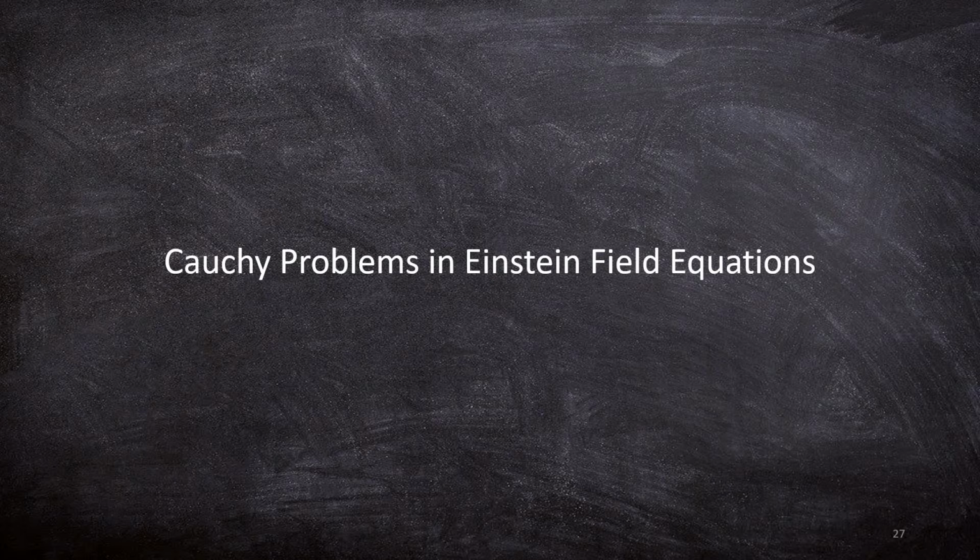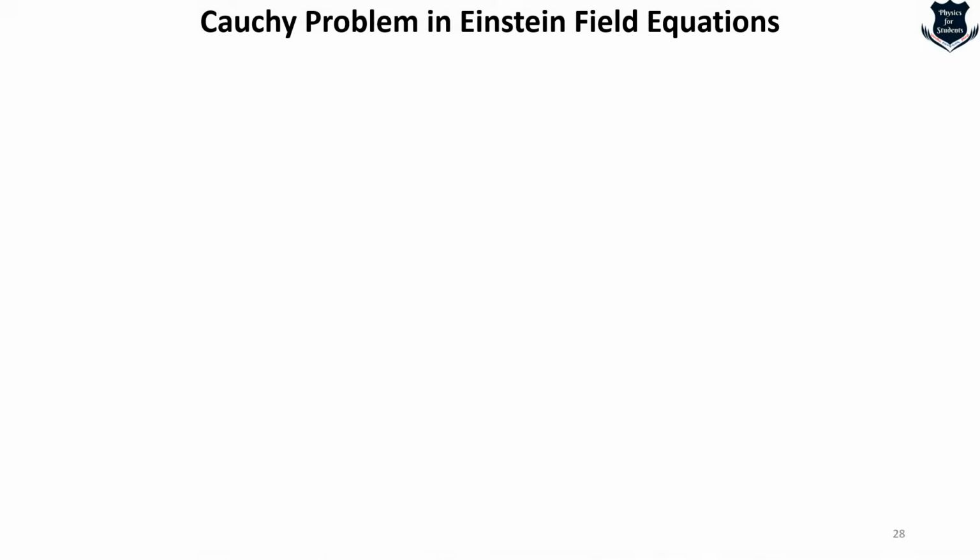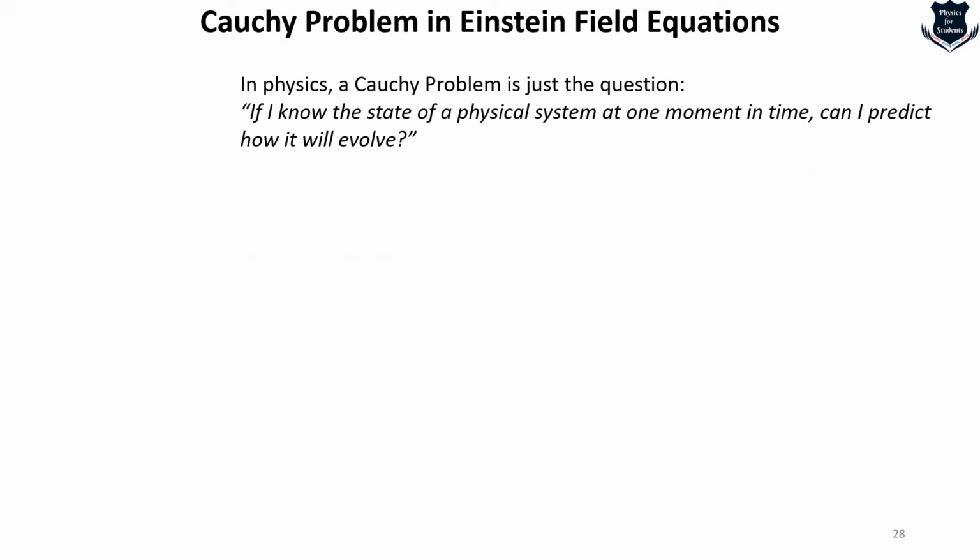Now, here is something unique. This is a very good mathematical part which the authors take forward. It is called the Cauchy problem in the Einstein field equations. In physics, we generally call the Cauchy problem the question: if I know the state of a physical system at one moment, can I predict how this system will evolve? In mathematical terms, we can call it the initial value problem